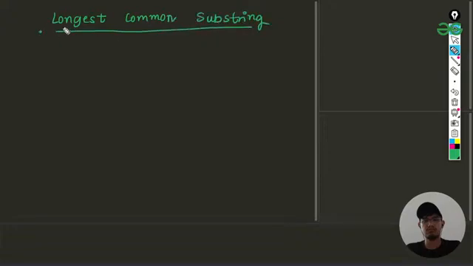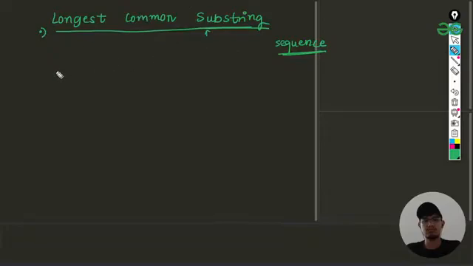Okay, so this is the problem which we will be solving today, and we'll be discussing how we can solve this, what the idea is, and what are the certain things that we need to change in order to use the common code or common DP problem which we have already solved. We have seen the longest common subsequence before also. Today is the continuation for that, and today we'll be solving longest common substring. Yesterday we also discussed the idea that we are going to be using here, how we are going to be solving this problem.